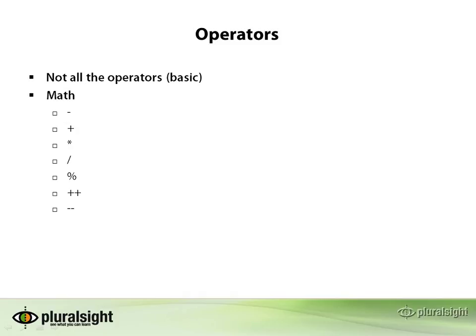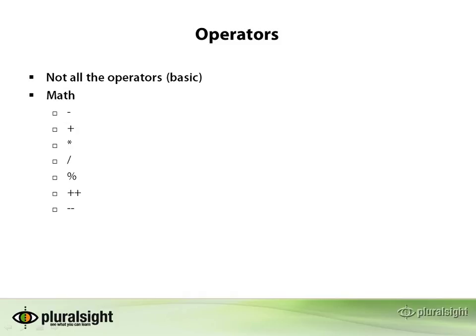So the math operators, you can see here, these are basic ones that you're probably already familiar with. Subtraction. If you use a subtraction operator, you can say 3 minus 2, and then the response that's going to come out is going to be 1. Same thing with plus. You have a multiplication. If we go down the line here, you'll see there's 2 division operators. One of them is a whole number division, and the other one is